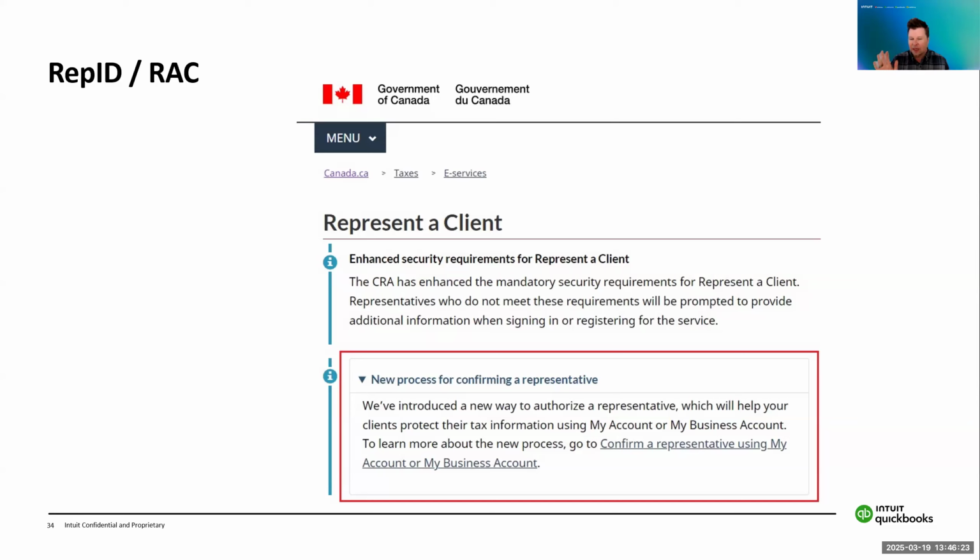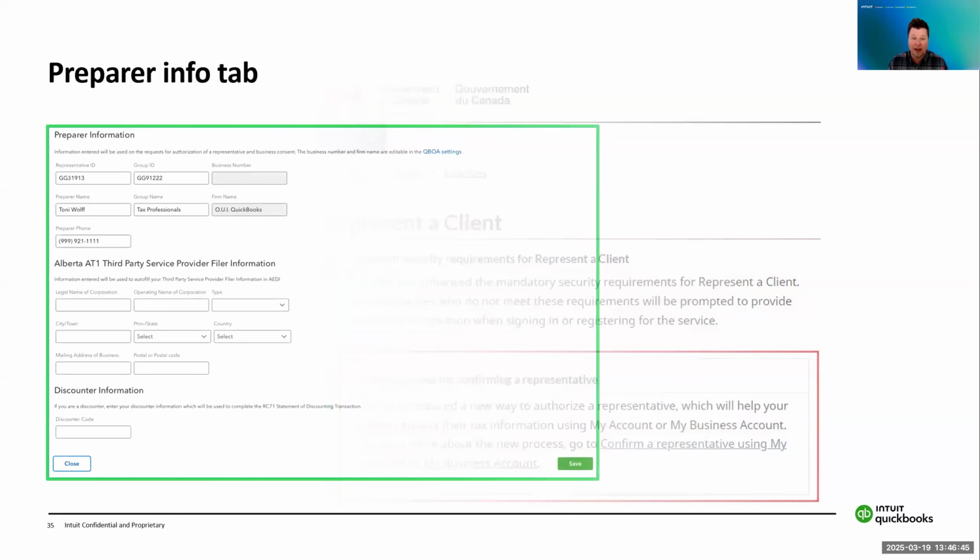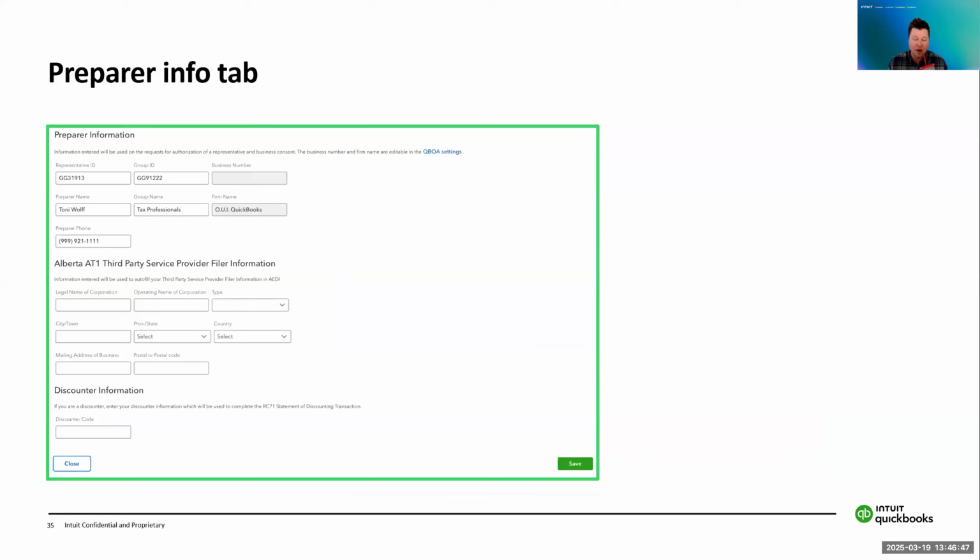Each client you need to get authorization for if you want to represent a client. So if you want to represent them and then log in online and see what the CRA has on them, any info, or if you want to use Autofill My Return. So two different elements that you want to get approved for, both of them. And then you also always want to have your client's authorization as well.